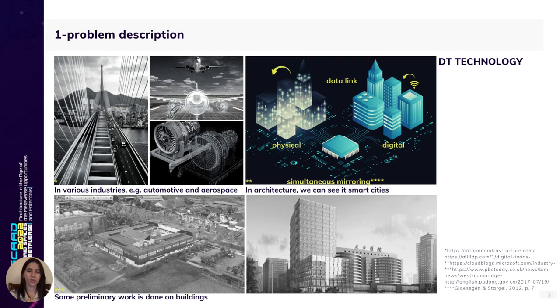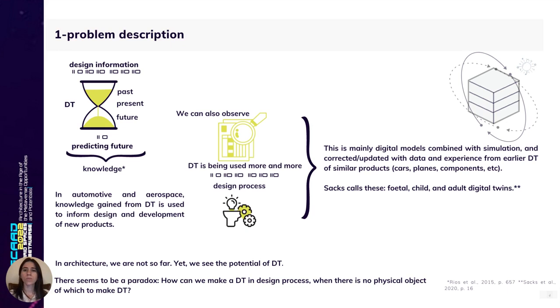So, do you know what a digital twin is? The digital twin is a mirror of a physical process, or its twin, defined by NASA researchers. The physical and digital environments are linked to each other with data flow. Since design information is valuable for predicting the future of design, we assume that design will begin to change as designers have digital twins of past, present, and future.